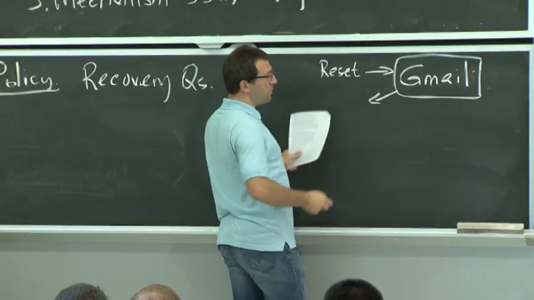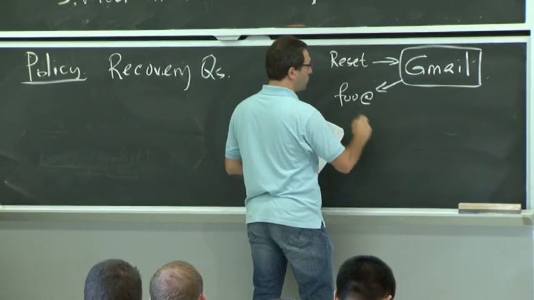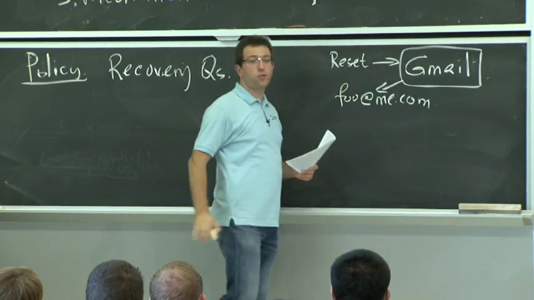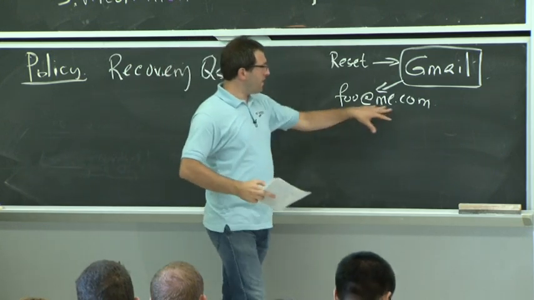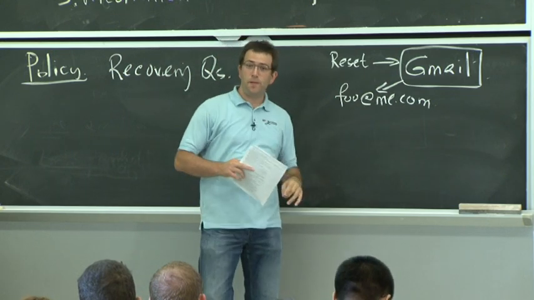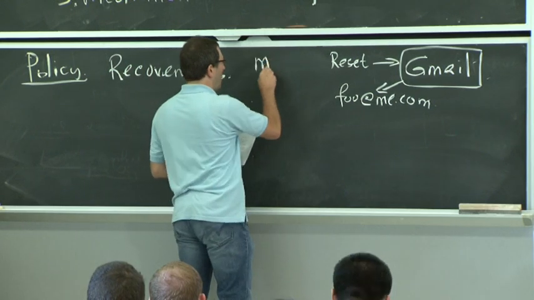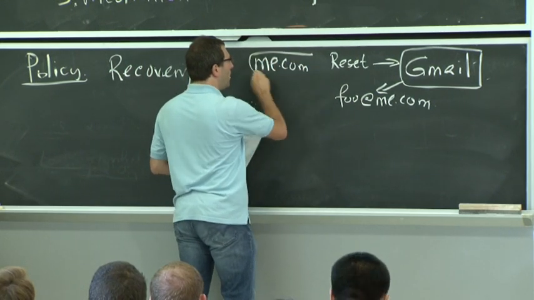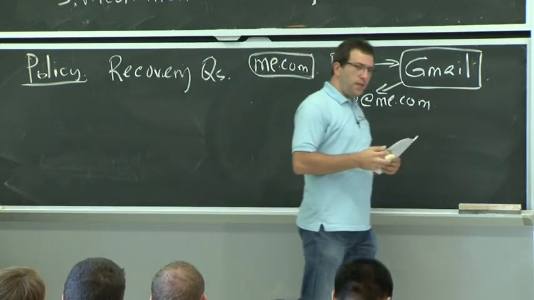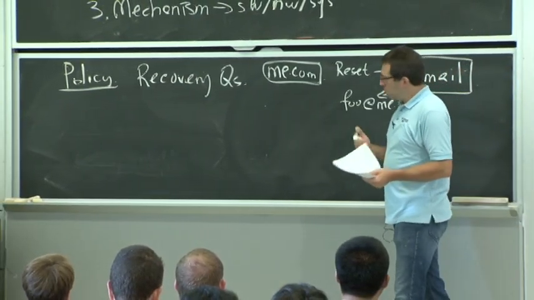So for this guy's account, someone went and asked Gmail to reset the password, and they said, well, yeah, sure, we just sent the recovery link to this email foo@me.com, which was some Apple email service. OK, but the bad guy doesn't have access to me.com either, but they want to get this password reset link to get access to Gmail. Well, the way things worked was that in Apple's case, this me.com site allowed you to reset your password if you know your billing address and the last 4 digits of your credit card number. So it's still not clear.